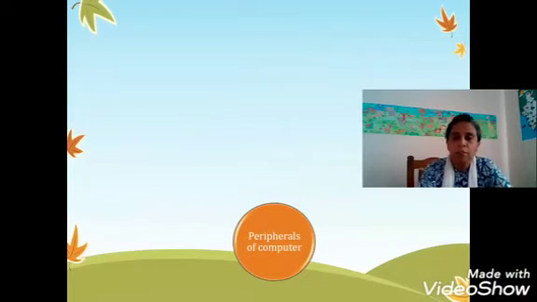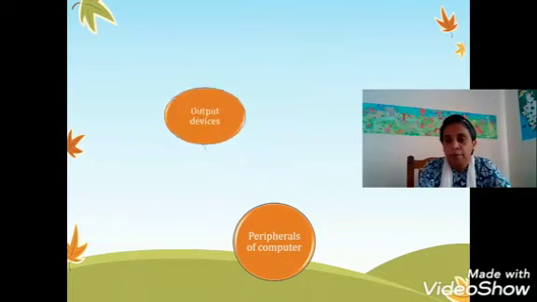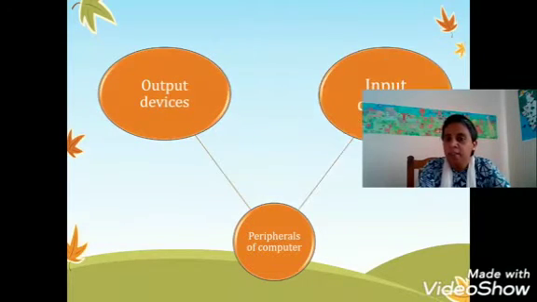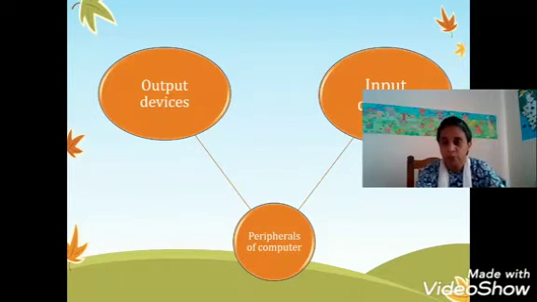Now, what are those peripherals of the computer which are inside the CPU or cabinet? Output devices and input devices, these two function together. One will take instructions and another one will give the output in the form of reports. Whatever instructions are given through an input device have to be stored in one location called a storage device. After that, the processor, the CPU, will do the task, then you will get the output.